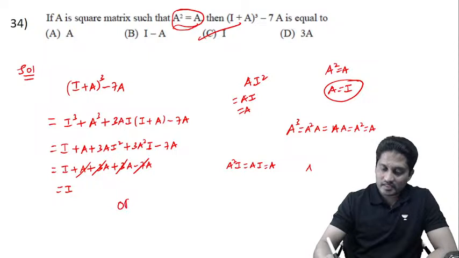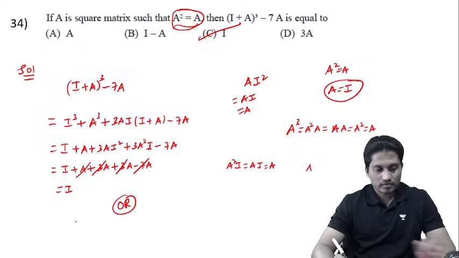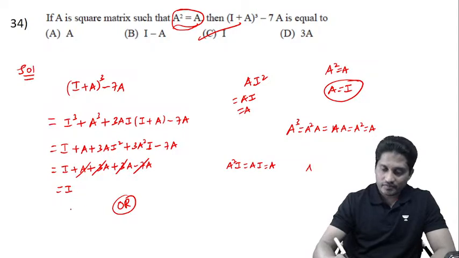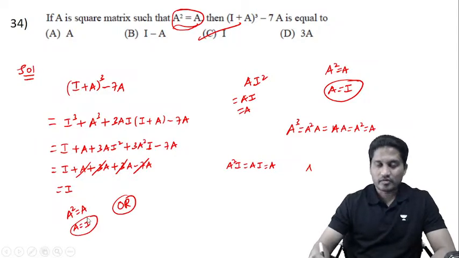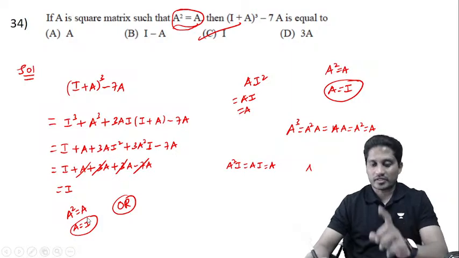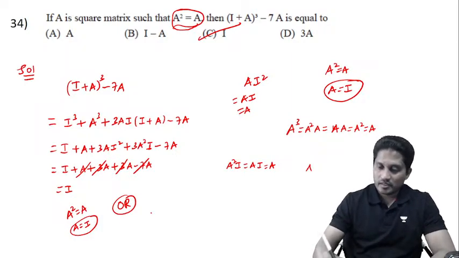Or you can solve like this, guys, as I told you. Alright, now let's say if you have A square is equal to A, right? A square is equal to A means obviously A should be equal to I, because identity square, I square should be equal to I. That's why. Now if I write I plus A the whole cube,